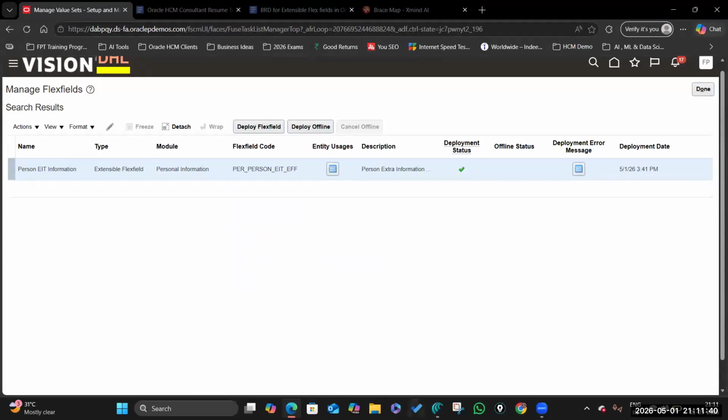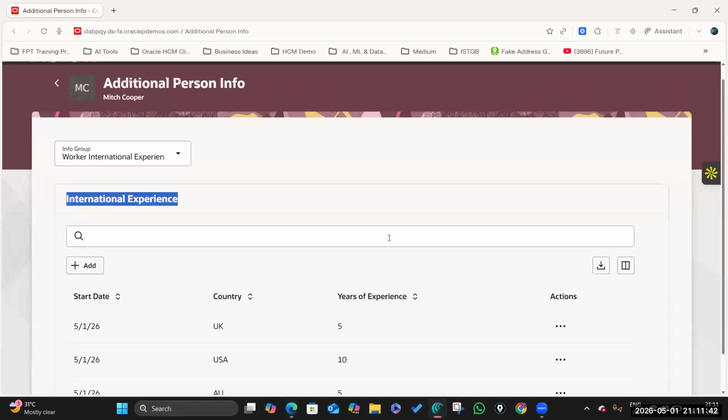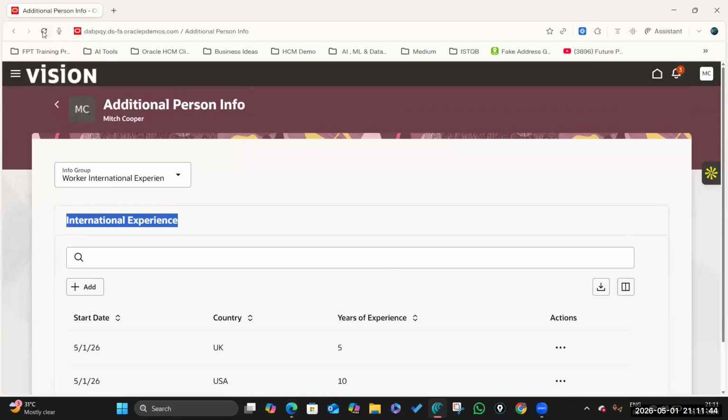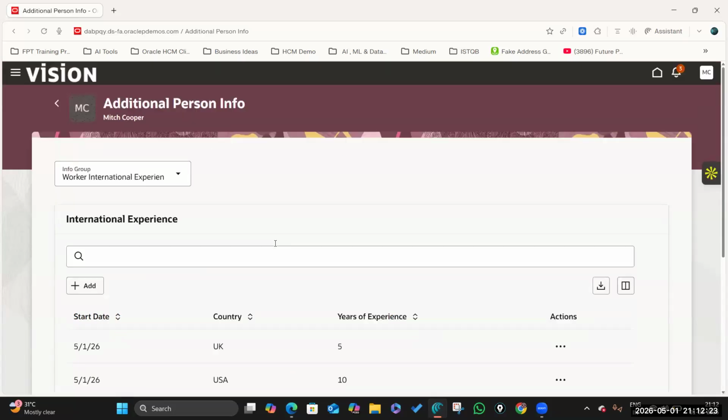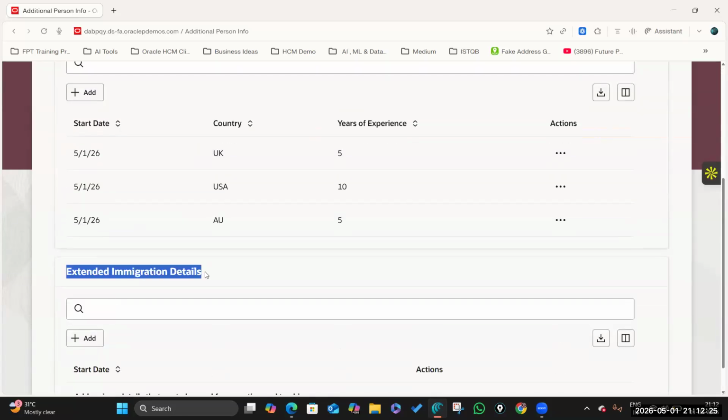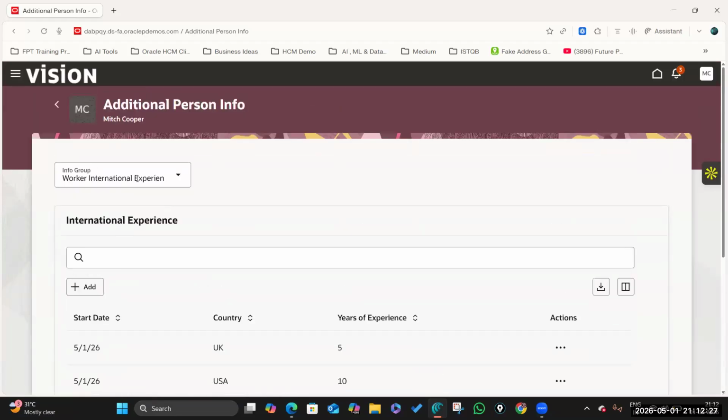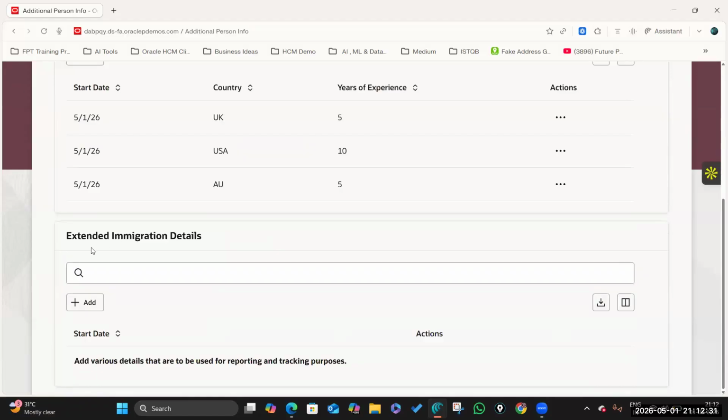Okay, now I'm going to log in with another browser. Just refresh this page. Are you able to see the extended immigration details section here? Or context? Context is nothing but a section. So are we able to see the extended immigration details section in this Worker International Experience page? Yes, sir. So now if I want to click on add,